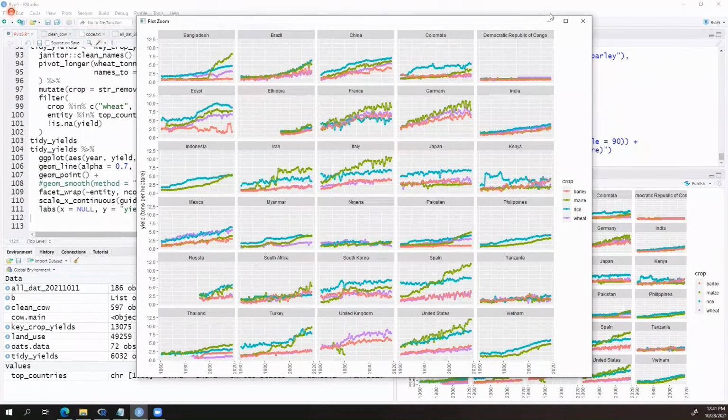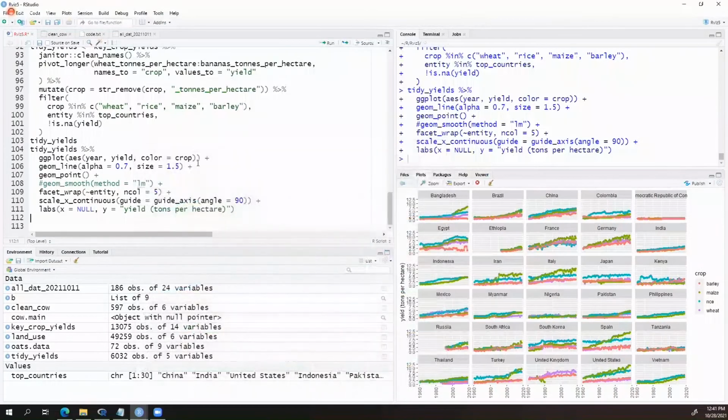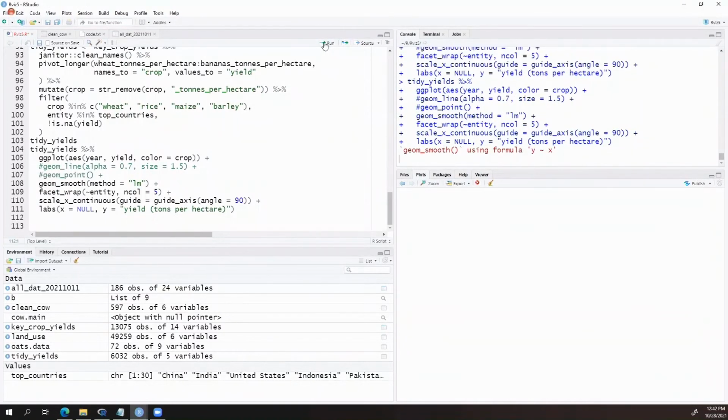So this is a plot of the experimental data. Now I don't think it shows up well if we use both the experimental and the modeled all in the same plot. So we're just going to go ahead and run it. Okay.